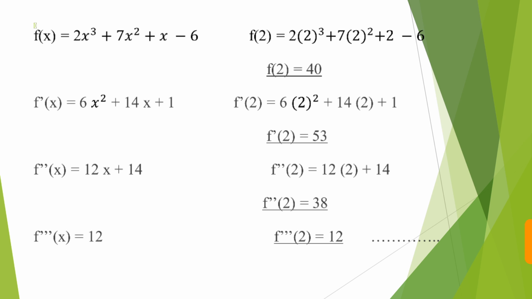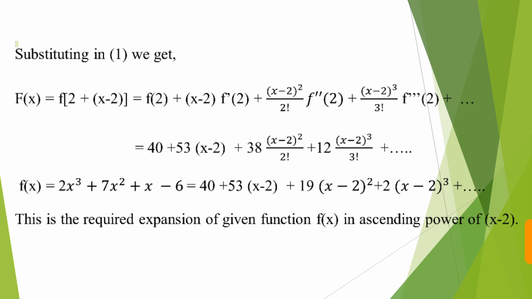And then find the values of f of 2, f dash of 2, f double dash of 2, f triple dash of 2 according to the first, second and third derivatives of the given function at x is equal to 2, and we'll get the value of f of 2 is equal to 40, f dash of 2 is equal to 53, f double dash of 2 is equal to 38, and f triple dash of 2 is equal to 12. Put all things in equation number first, and we'll get f of x is equal to f of